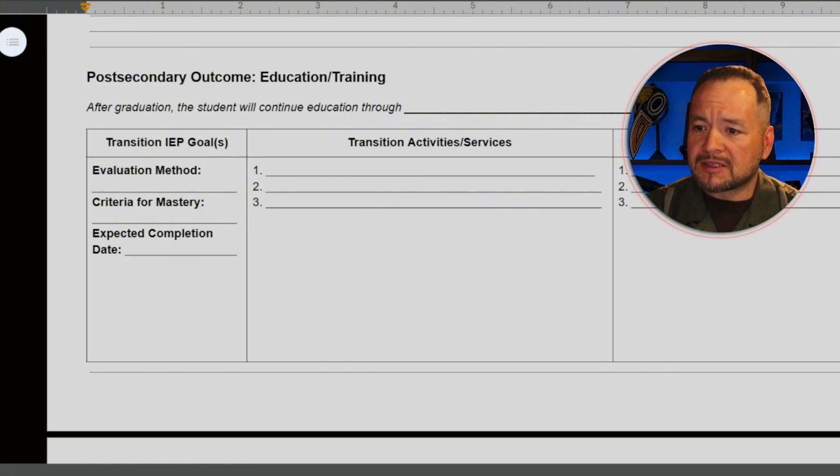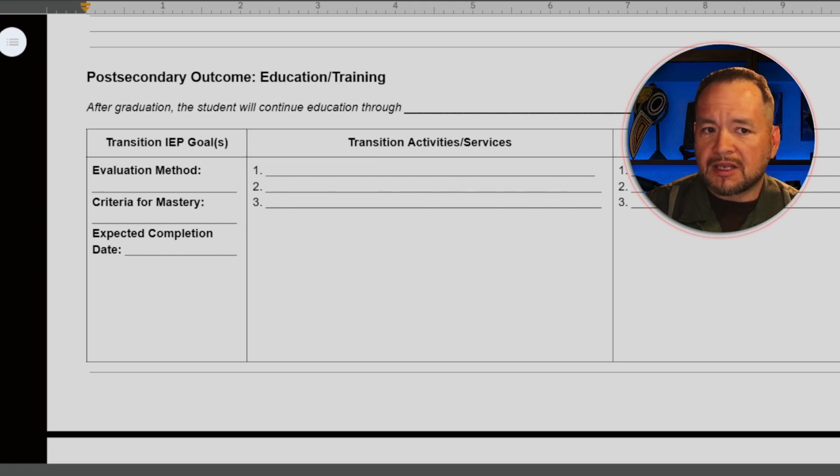One of the goals that I see in 12th grade sometimes is to investigate what it takes in order to get into a particular college. And the thing is, that is a goal for maybe 9th or 10th grade, 11th grade, but not for 12th grade. By 12th grade, we should be applying for colleges. We should be focusing on scholarships. We should really be moving into much deeper territory whenever it comes to that.